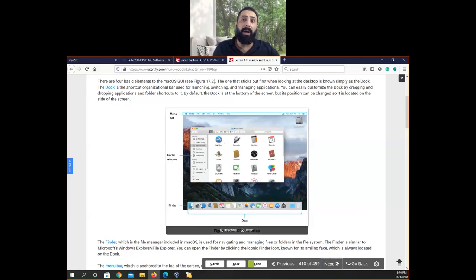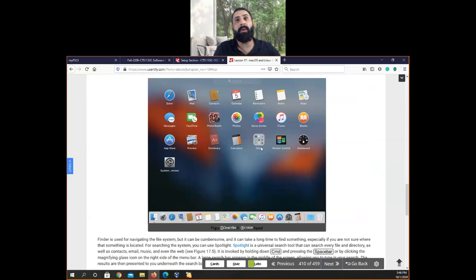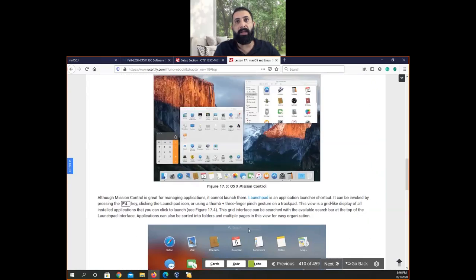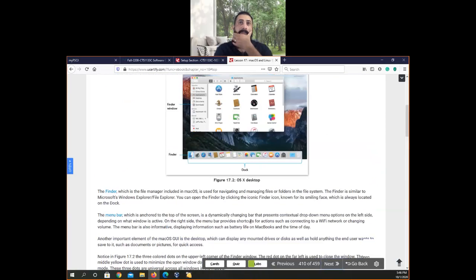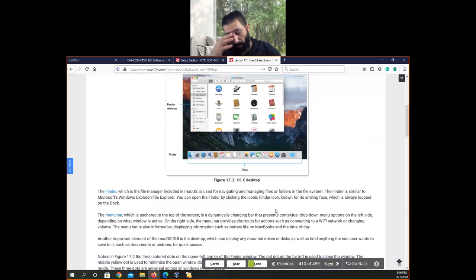The Finder. Now this is the launcher. The Rocket one is the launcher where it's going to run and show this. Okay, this will have the applications and other things installed on the machine if you clicked on the launcher. So Finder, which is the file manager, is included in the operating system. Then we have the menu bar where we have an opportunity to communicate in depth with the operating system.